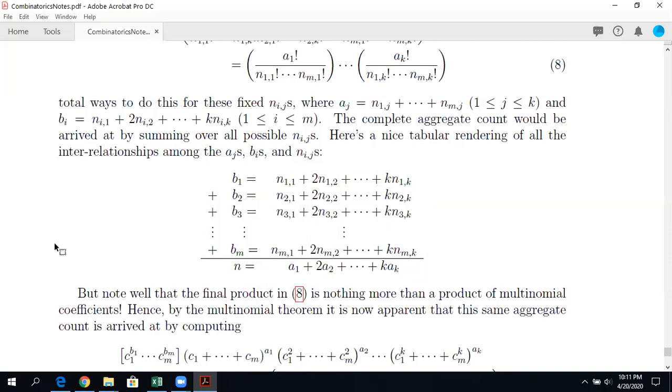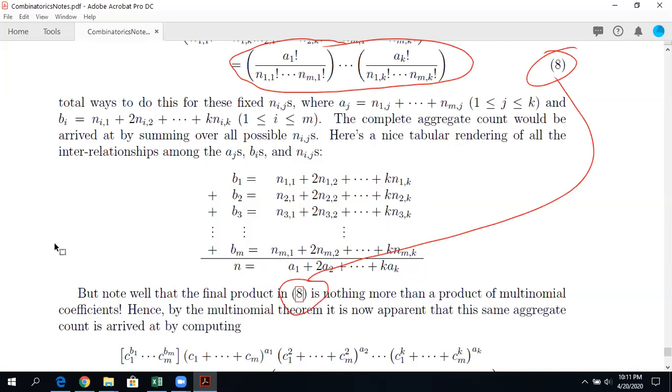So this final product right here, this final product in 8, okay, which is that, is just a product of multinomial coefficients. Yeah, okay. And I'm not going to go into a ton of detail here, but you just believe it now that